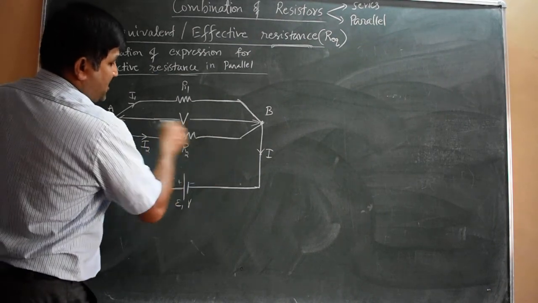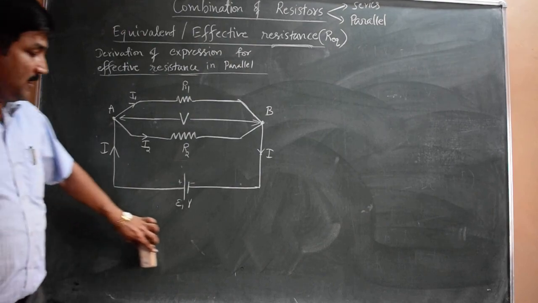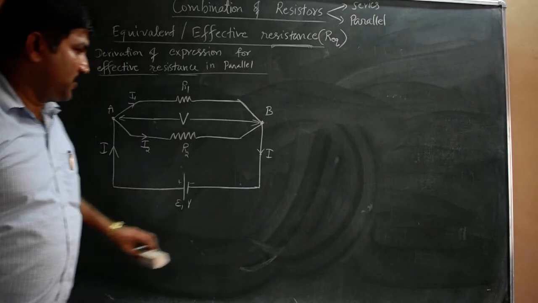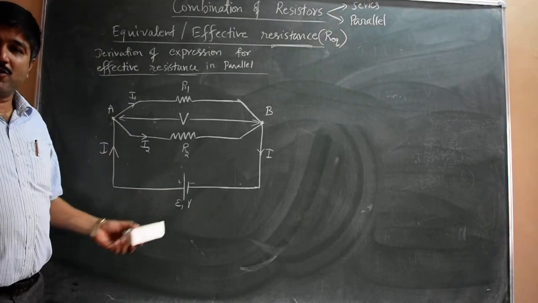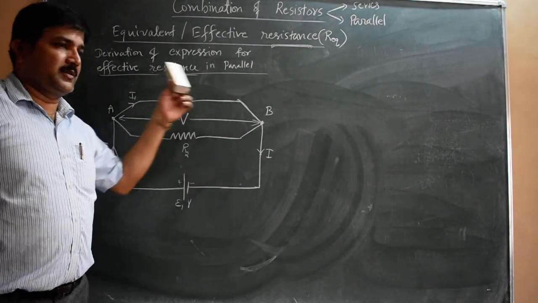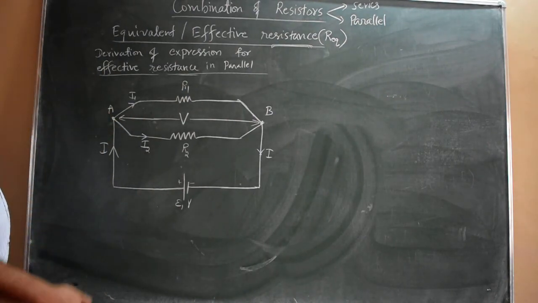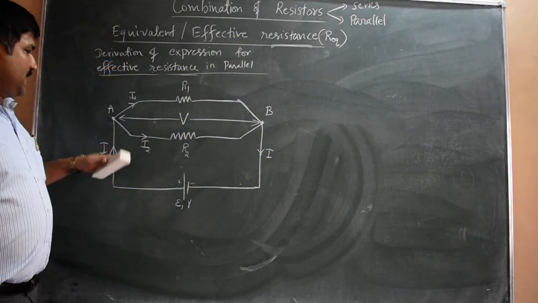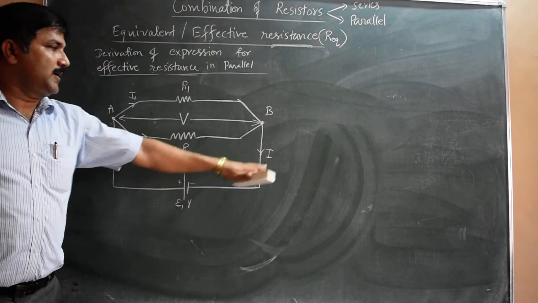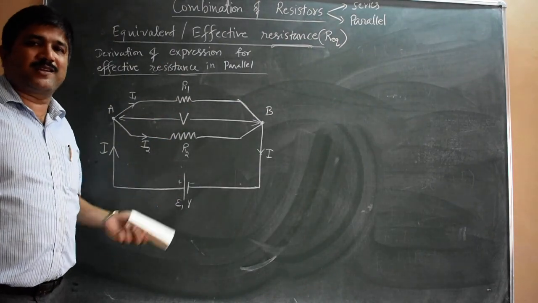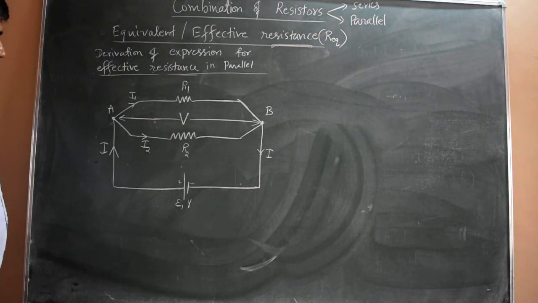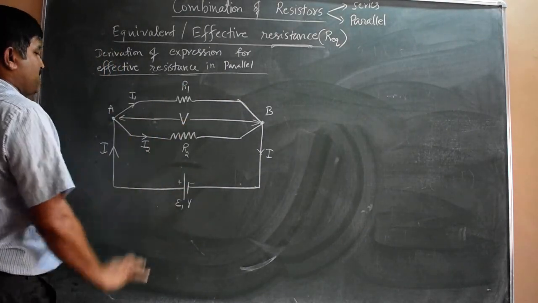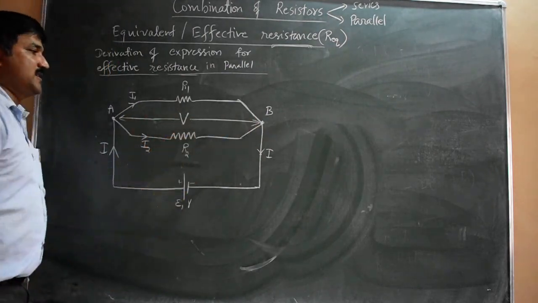Actually the electrons are moving in the opposite direction, and that gives you current. We are assuming the conventional direction of current from the positive terminal of the battery to the negative terminal, whereas the electrons actually flow from the negative terminal of the cell to the positive terminal. It is only the conventional direction of current. The actual particles moving in the circuit are electrons, the free electrons or charge carriers in conductors. Now current depends on the resistance value. Remember, the potential difference across the two resistors will be the same.